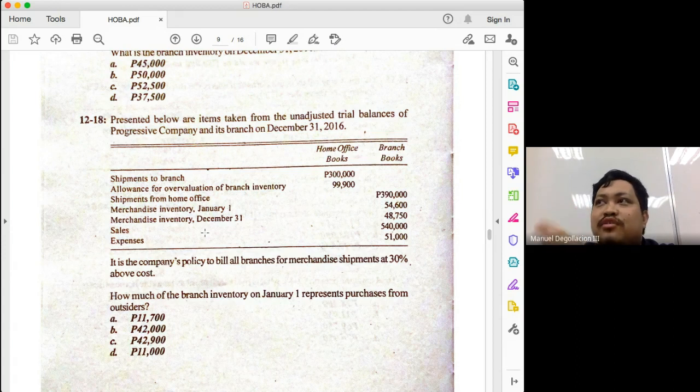Okay? So is it correct to say that the cost of the inventory that came from the home office that is part of our beginning inventory is 33,000? Yes. But is it correct to say that 33,000 out of the 54,600 came from the home